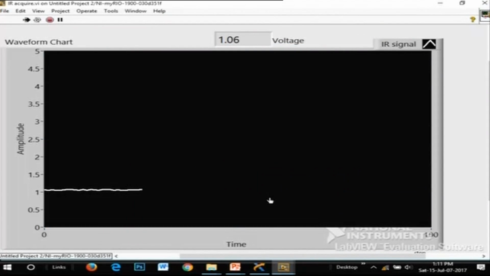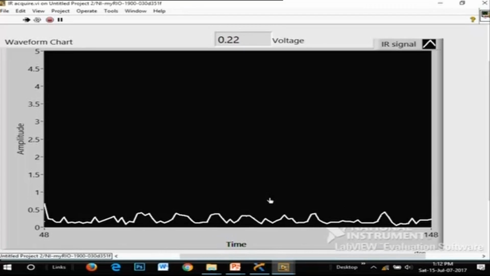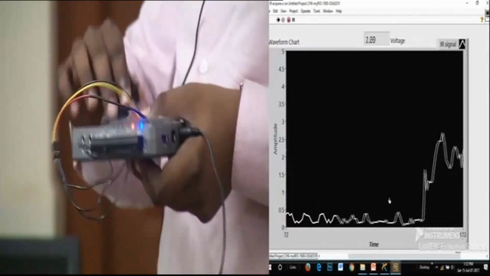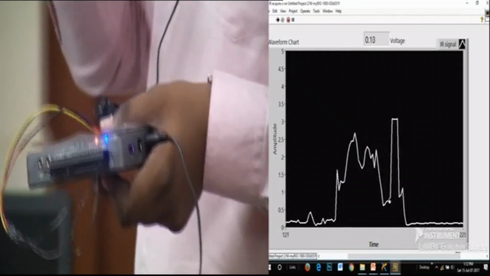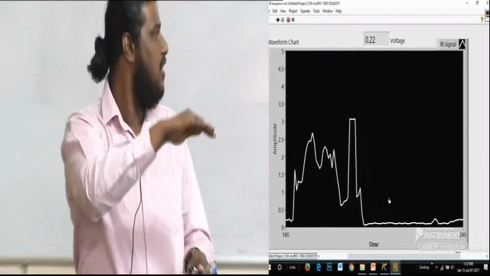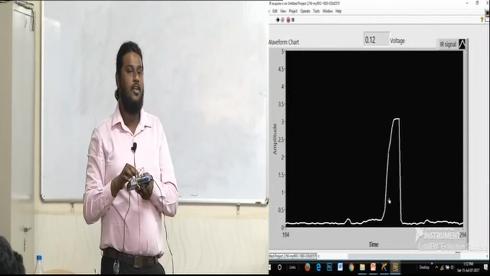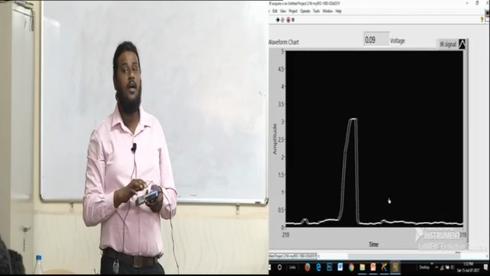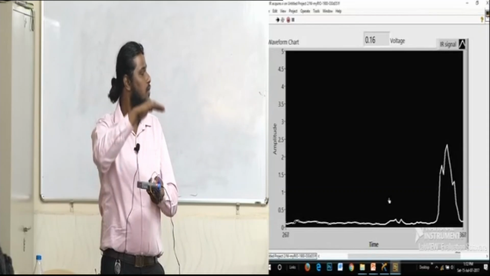So if you see, there is no actual physical connection between my computer and my RIO. There is a virtual connection through the network. You can see that this is my sensor. Any changes I try doing, I can power it even keeping it somewhere a little far, inside the Wi-Fi range. Any changes I make, you can see that it is plotting on my computer, but there is no connection between my computer and my RIO. They are transmitting and receiving through a Wi-Fi connection. Getting it? Any changes I do here will be listed out there.